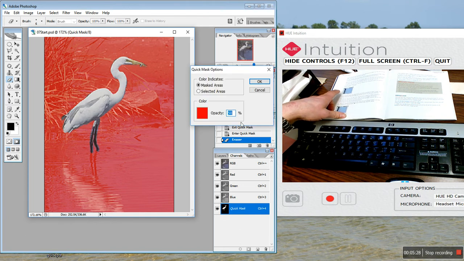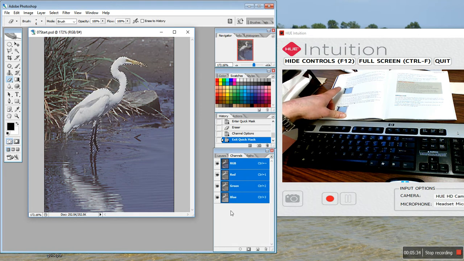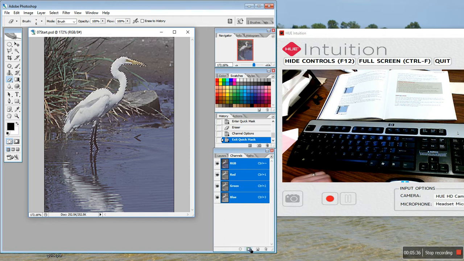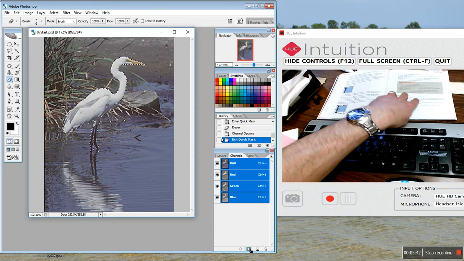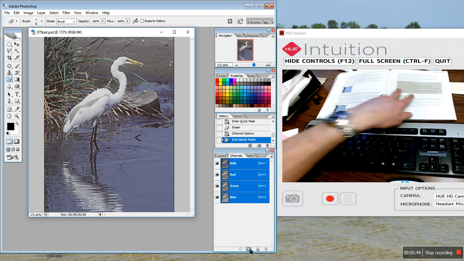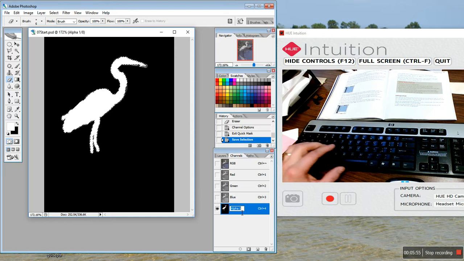I'm going to double click this one after I go to regular mode. We should be able to click in the bottom here, save selection as a channel, double click it, call it egret,